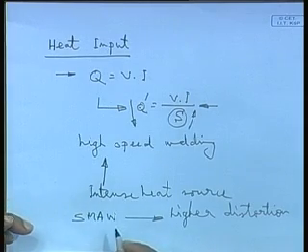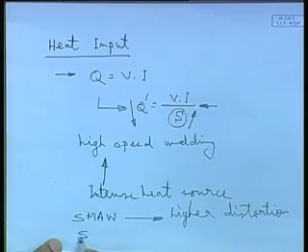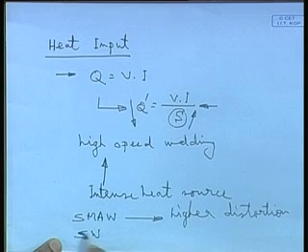It is a manual welding. So, you are limited in the speed, you are limited in the current, because manually you will not handle very high current. So, you are limited in the heat generation and thereby also limited in the speed of welding. Whereas, a welding process of submerged arc welding,